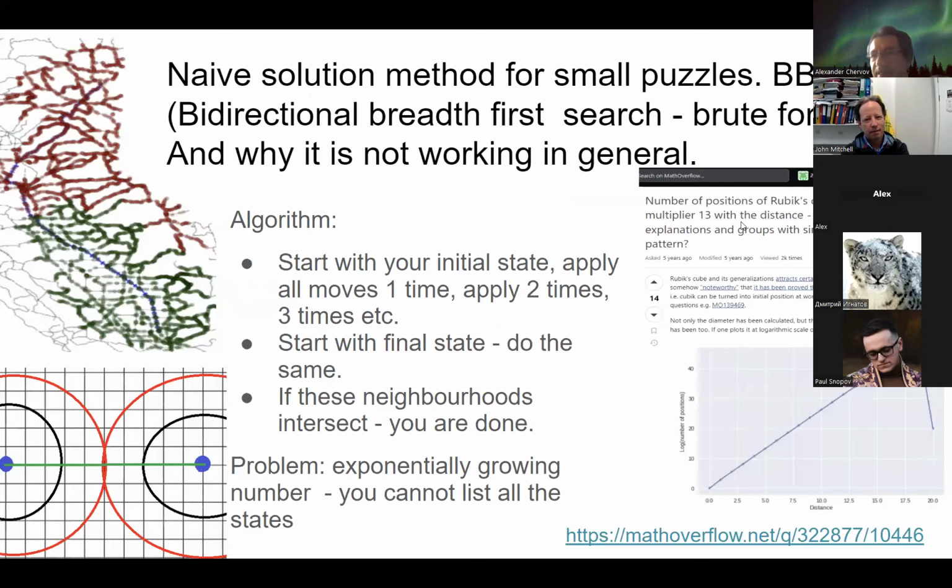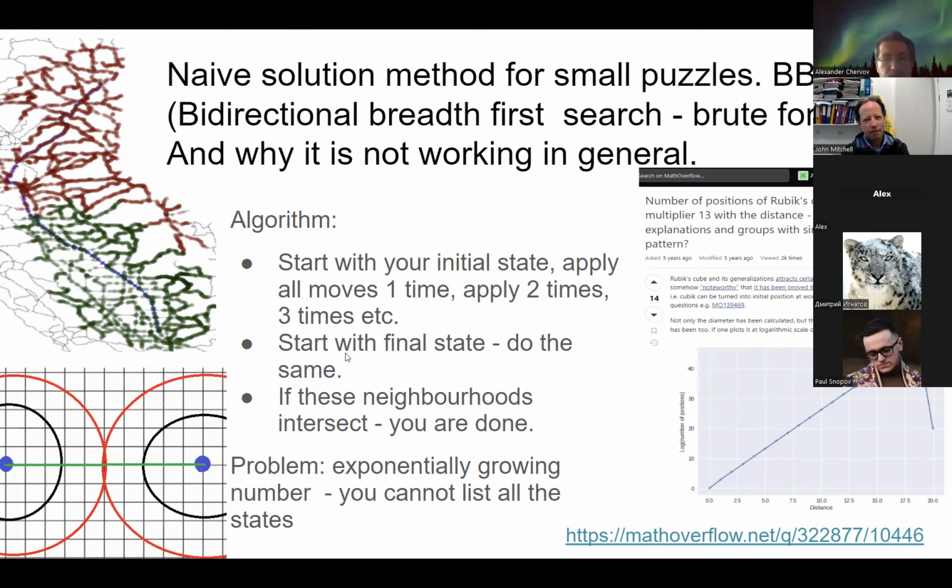So, okay. What is the simplest way to solve such puzzles, and why will it not work in general? The simplest way is just brute force. We can take one state and construct all the states by applying these matrices or permutations or moves one time, then apply 2 times, all possible 2 moves, apply 3 times, and so on.